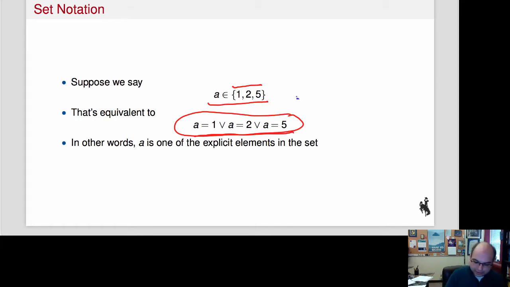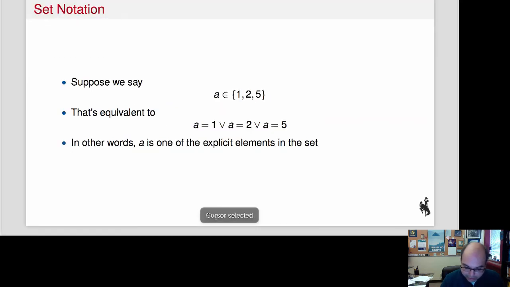You could imagine that this could be step 1 in a proof, and this is step 2 in a proof. And the explication might simply be the definition of belongs to, because that's what we mean by belongs. So it means that A is one of the elements in it. Okay, now let's look at